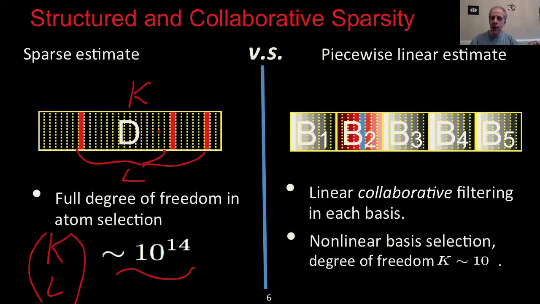That has the advantage of being a very rich model, but on the other hand makes the model very unstable. There is so much to choose from that basically if we make a small change in the image or in the patch, we might end up selecting something completely different. On the other hand, when we are talking about the Gaussian mixture model,